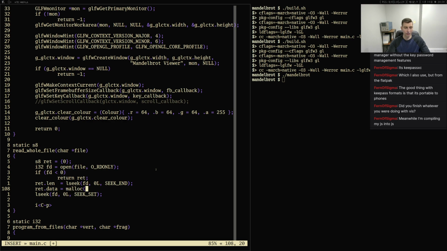We'll just do malloc for now. Really it's probably better to just crash in this case, but that's fine. If ret.data equals null,